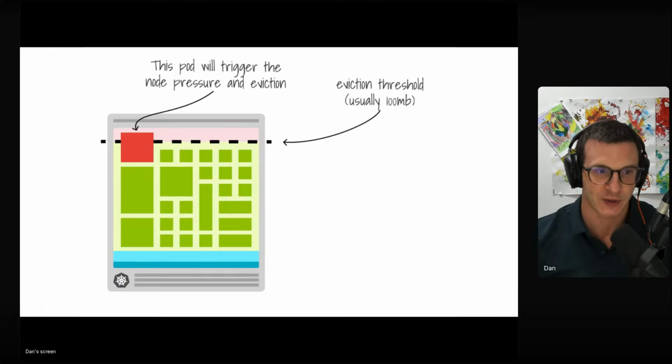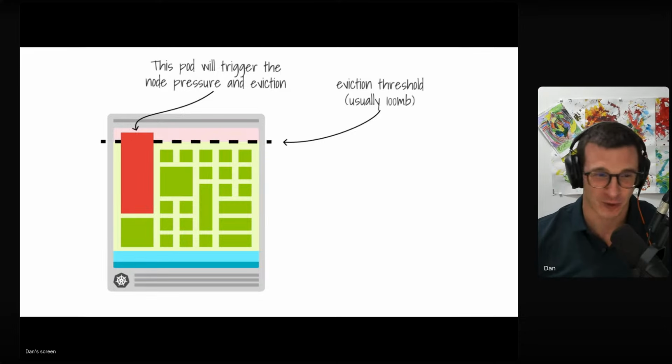And let me show you what happens if you don't set a memory limit. Then this pod will start growing. And as the pod grows in memory, it's going to hit something that we call the eviction threshold. The eviction threshold is basically a threshold saying that when it's crossed, the kubelet will say, okay, I don't have enough space in this node, so I'm going to try and evict some of the pods to make space. So as the memory grows, the kubelet will start to evict pods, but there will be more memory now. And then that pod will start to use that freely available memory.